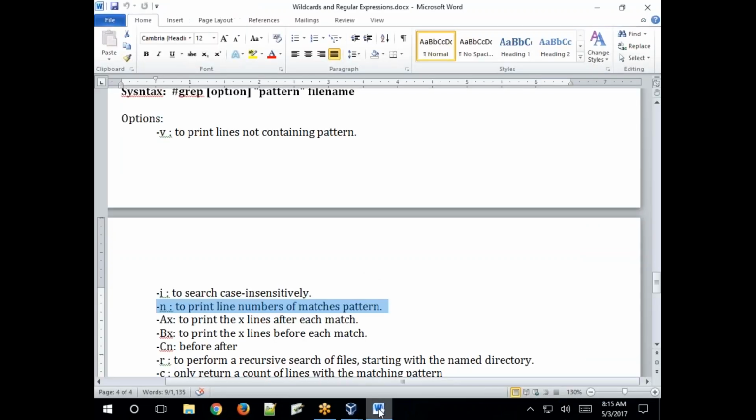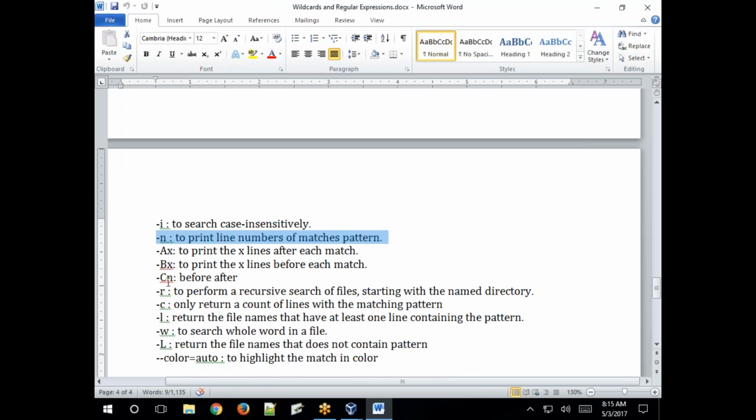Here, next option. See, -r, to perform a recursive search of files starting with the named directory. So what does it mean? -r performs a recursive search of files.